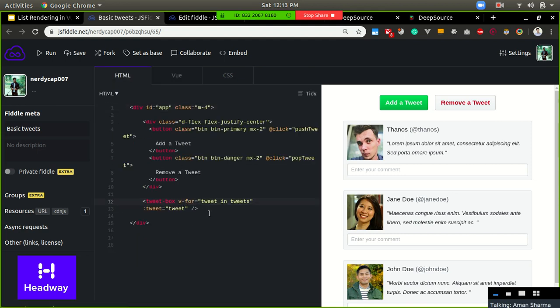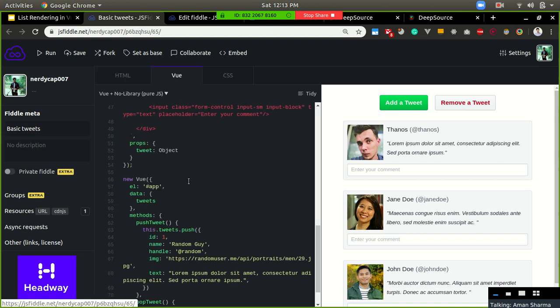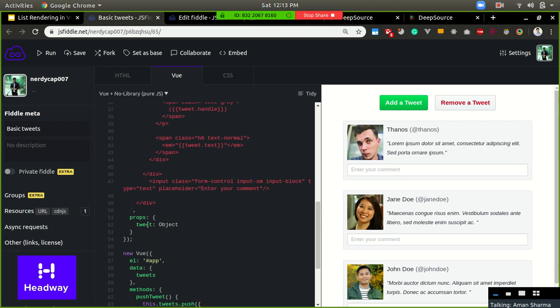I'm iterating over it using v-for, one tweet in tweets. Whatever is coming as a single object, I'm passing into this tweet box as a property, and that property is received here, and hence everything is rendered.